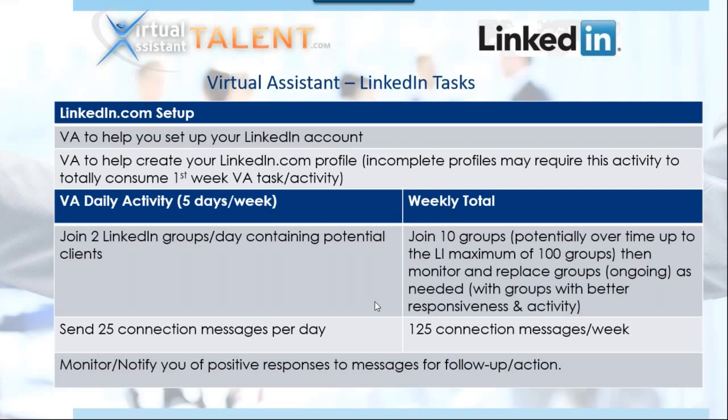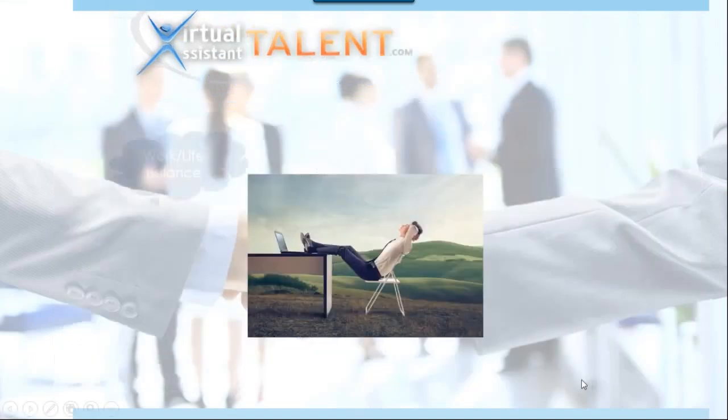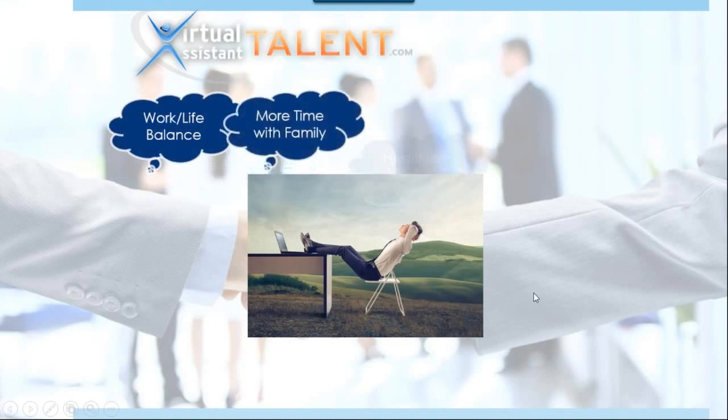And then another thing that the virtual assistant can do is, as people are responding to either your request to join message or thank you message, and they say, hey, yeah, I did look at your profile and it does look like you have some interesting business or services that maybe I could use or refer people to, the VA can look at and see positive message responses to those messages and flag those for you. And then you can either shoot that person a message or make a phone call to that person. So it's flagging people who expressed interest. This is definitely one of the activities that you can outsource to a virtual assistant.